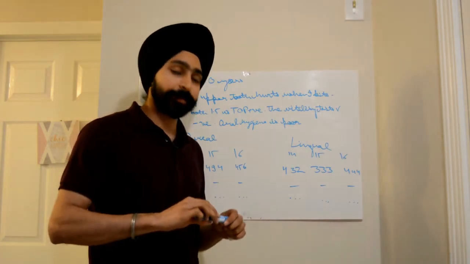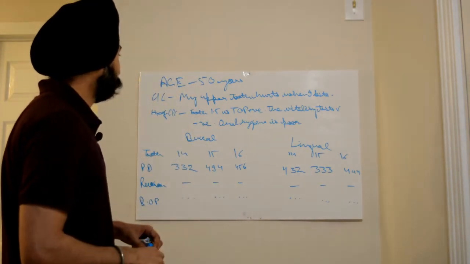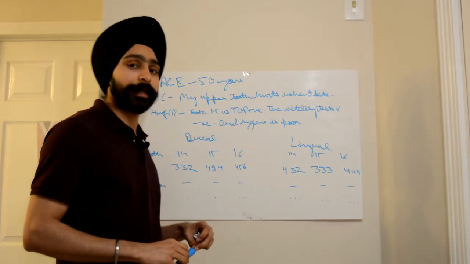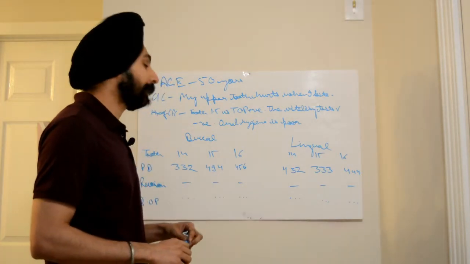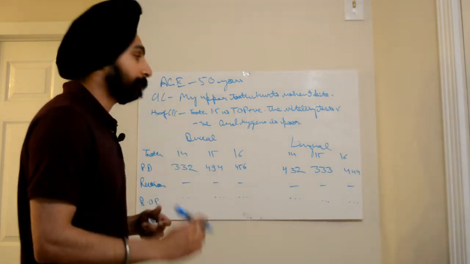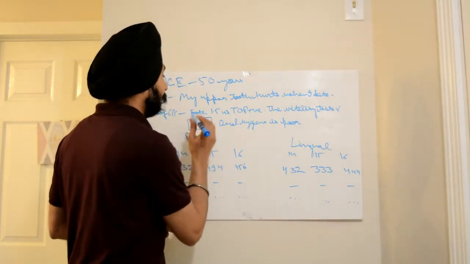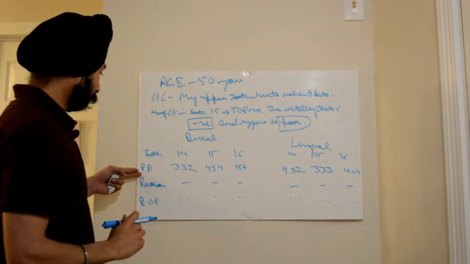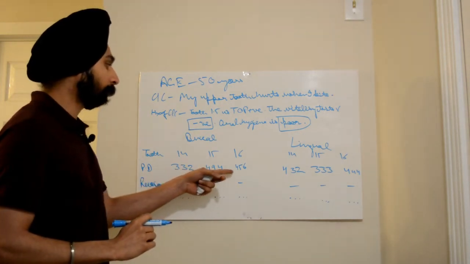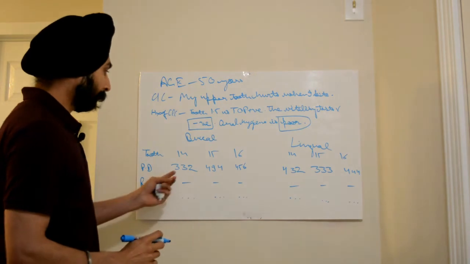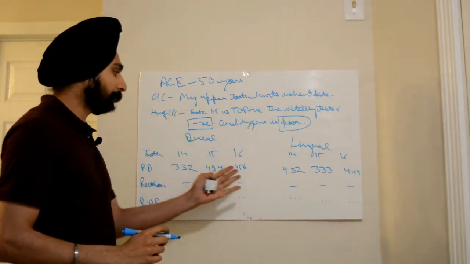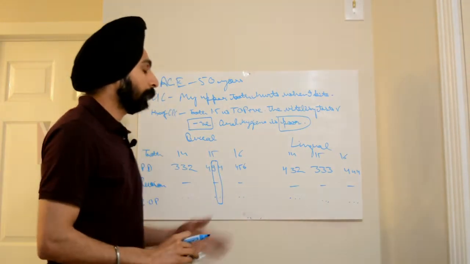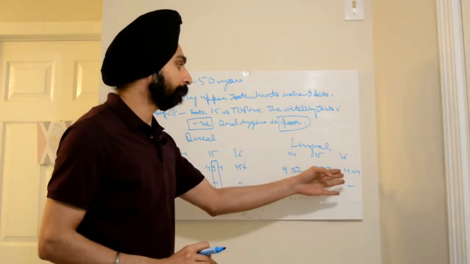Friends, look at this case history and perio chart. Age is 50 years. Patient says his upper tooth hurts when he bites. History of chief complaint, tooth 15 is tender on percussion. The vitality tests are negative. In last case, vitality test was positive. Here vitality test is negative. Oral hygiene is poor. Buccal probing depth is 332, 494, 456. So if you see that the lesion, the probing depth was 3 or somewhat in the 4 or 5, here it's 9 millimeter. On the lingual, 432, 333, 444.